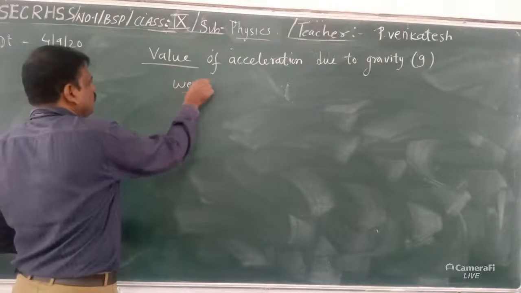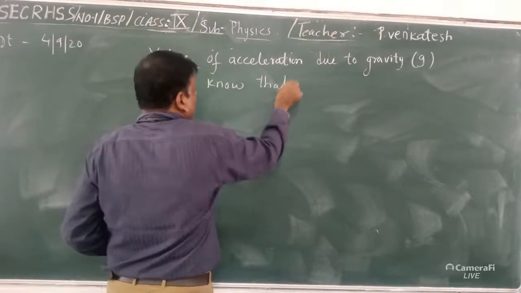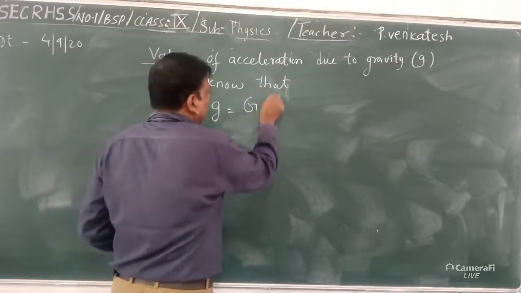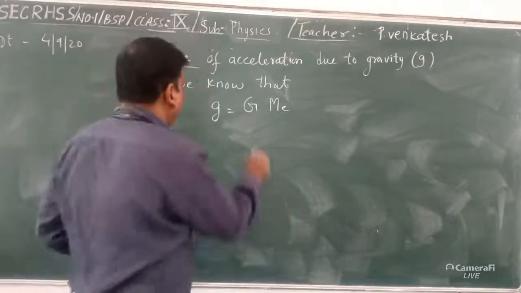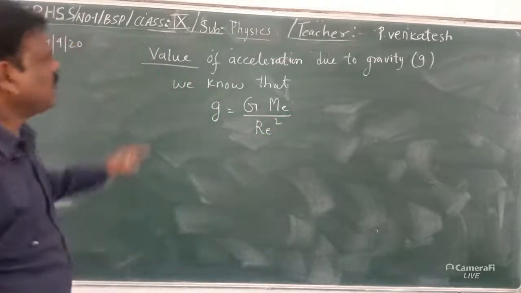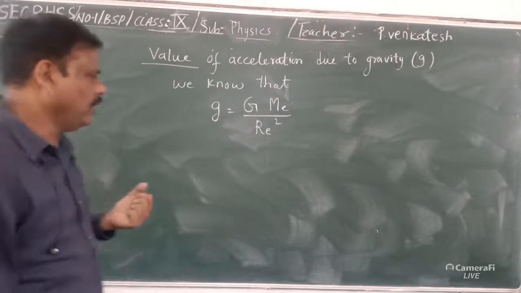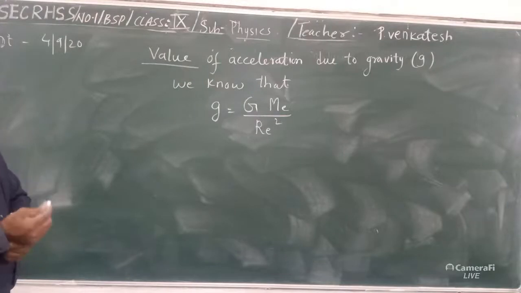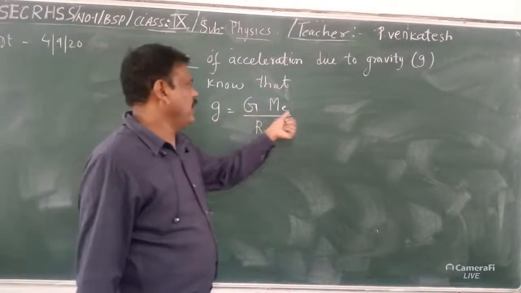We know that, no need to derive it. We know that g equal to what? Capital G M E upon R square. This value, acceleration value, now we are finding the value, how we got 9.8 meter per second square. कैसे आया 9.8? Now value of acceleration due to gravity g is given by the formula G into M E upon